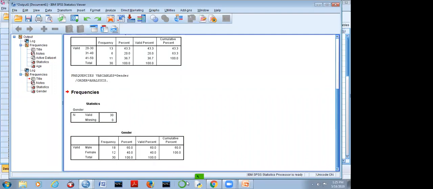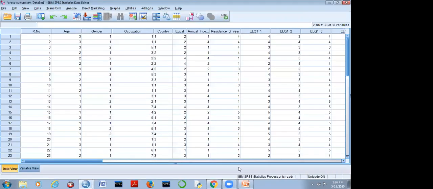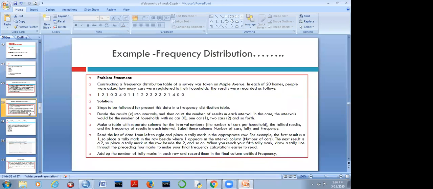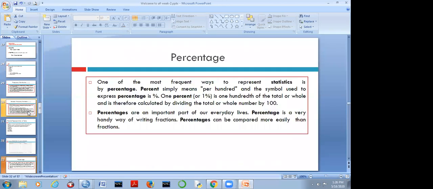ठीक है, सो इन दिस वे पहला हमने सॉफ्टवेयर के थ्रू फ्रीक्वेंसी निकाली, तो आपको फ्रीक्वेंसी समझना है कि व्हाट इज फ्रीक्वेंसी, कॉन्सेप्ट क्या है। कॉन्सेप्ट है कि एक डेटा सेट में नंबर ऑफ ऑब्जर्वेशन कितने रिपीट हो रहा है। ठीक है, हमने जो 1 2 1 2 1 कितने बार रिपीट हो रहा है, 1 रिप्रेजेंट मेल, सो मेल कितने हैं एंड फीमेल कितने, ये फ्रीक्वेंसी भी निकल गई और परसेंटेज भी निकल गया। ठीक है, एंड देन अगेन नेक्स्ट स्टैटिस्टिकल टूल मैं आपको बताती हूँ। फ्रीक्वेंसी समझ आया आप लोगों को? यस मैम। हाँ, मैंने साथ में परसेंटेज भी निकाल दिया।